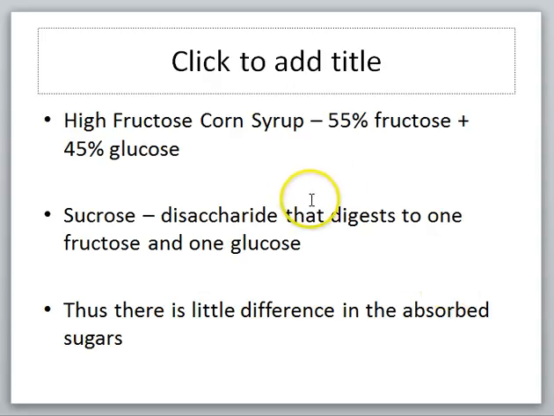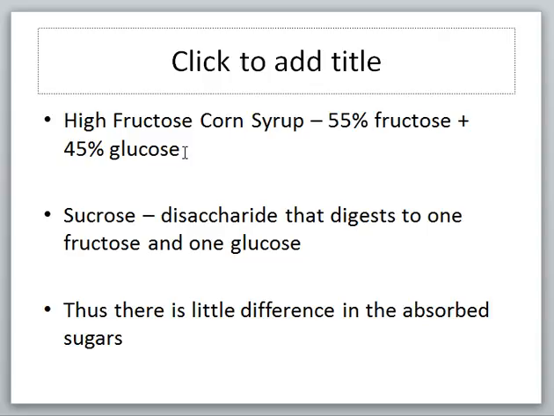Now, over the past decade or so, this high fructose corn syrup has really been vilified as a major cause of the obesity problem that we have here in the United States. And it's been probably falsely vilified in this. Because if we look at it, high fructose corn syrup is about 55% fructose, roughly 45% glucose. There's another version of it that switches that around, about 55% glucose, 45% fructose, and they're used in different types